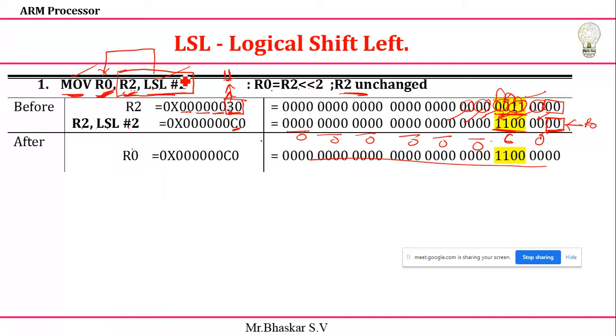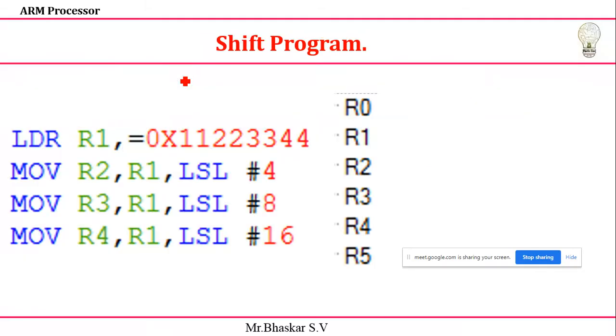Okay. So if it is clear, next I'll take one program. Now you tell me what is the value. If you write the binary values, generally it takes a lot of time. But I'll tell one shortcut method for this. See, in this case they are given an R1 value. R1 value they are given in terms of 32 bits. You can see 0x of 11, 22, 33, 44. It's 4 bytes of information.